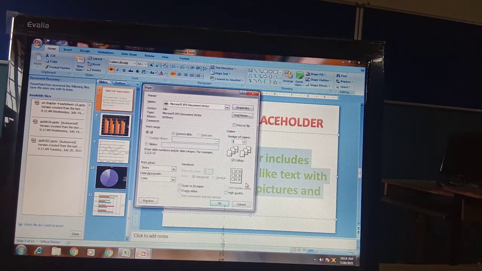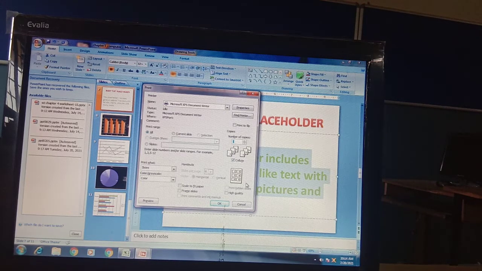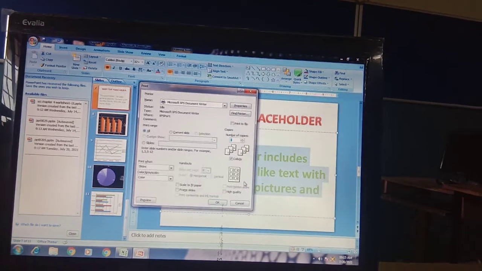So that's all. So thank you everyone. I'm just winding up with this topic of printing a slide, and this chapter is completed with this. Okay, and we are going to do some practicals in our next video. In our next class tutorial, we are going to do some practicals of these 3 chapters, and I am going to revise this chapter again. Okay, and we will do some questions also based on these chapters. Thank you everyone. Keep watching the video.